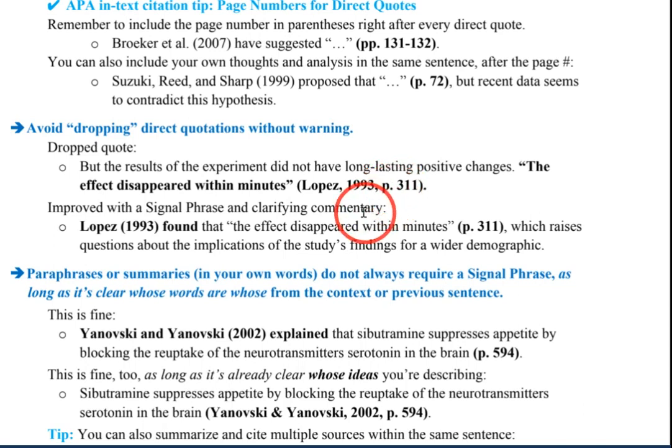And so you can see the improvement with a signal phrase. It brings the citation to the front end of the sentence and uses the last name and year to introduce the quote before the page number happens in this sentence. What I want you to see here is when the last name of the author and the year move to the front end of the sentence, it actually comes out of the citation. So you don't have to have it in there twice. It can just be the page number if you have the author and the year in the sentence itself.